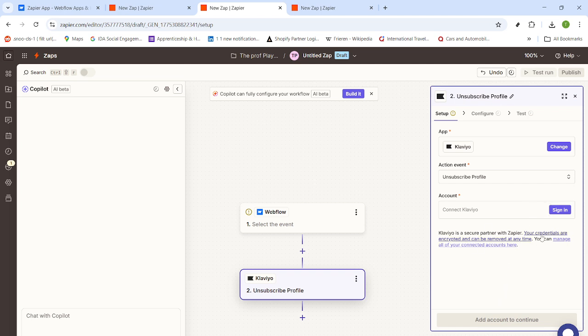From here, Zapier will guide you to finish configuration for your specific use case and turn the automation on. You've now connected Klaviyo to Webflow using the Marketplace and Zapier, setting a solid foundation for reliable,